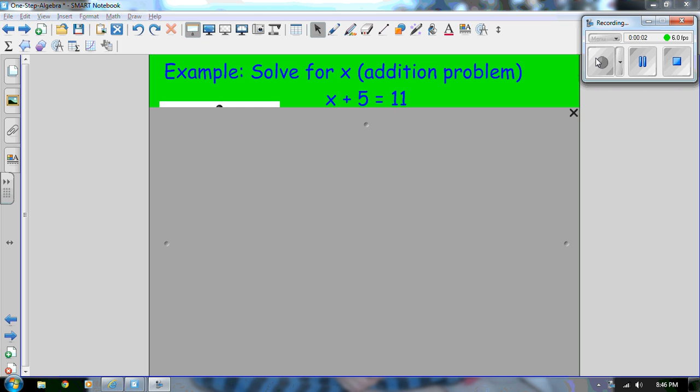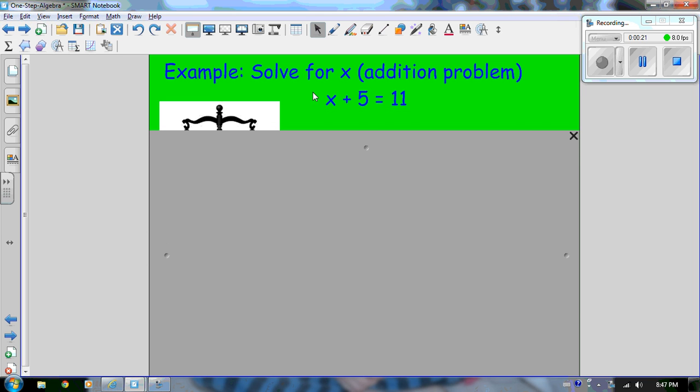Okay, so I'm going to start off by showing you how to solve an algebraic problem that involves addition. And here we have x plus 5 equal to 11. So if we think of the equal sign as a balance, as we've done a lot in class,